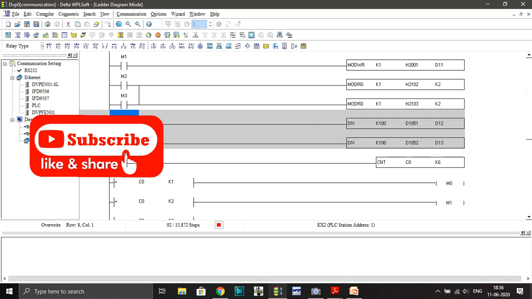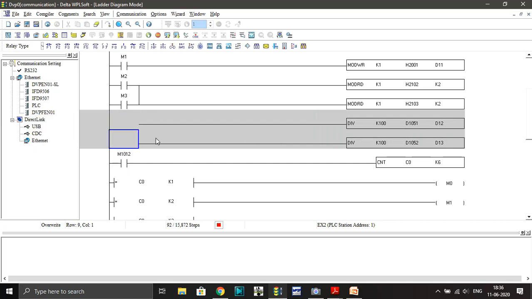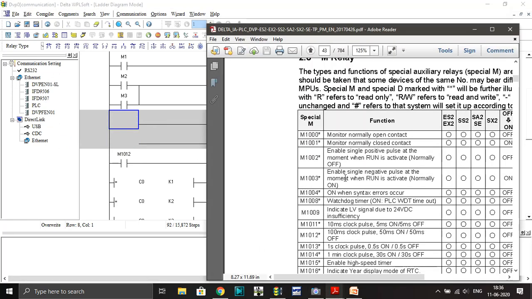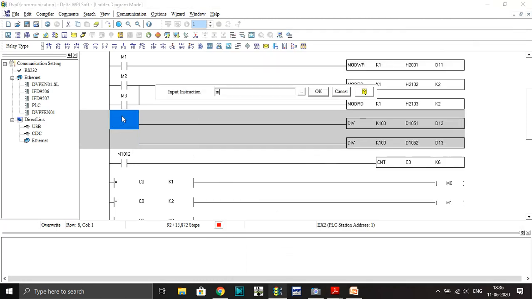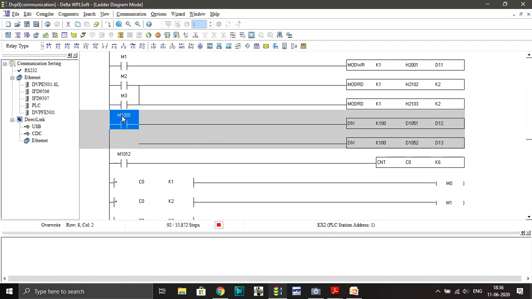We will give one continuous pulse here, which is on continuously when we start the PLC. So we will use memory bit LDM 1000 for both.